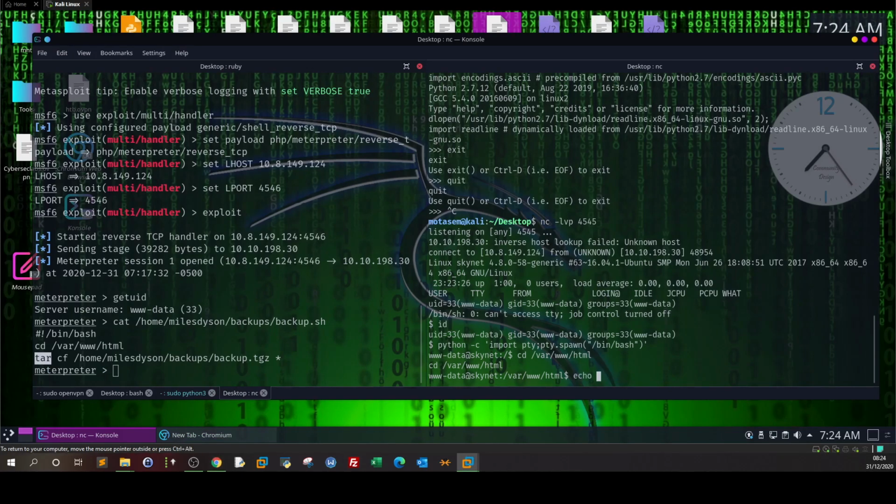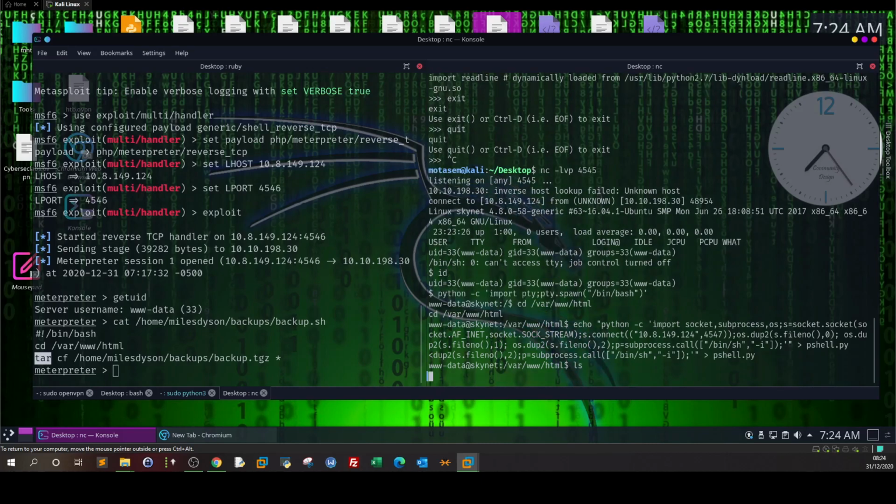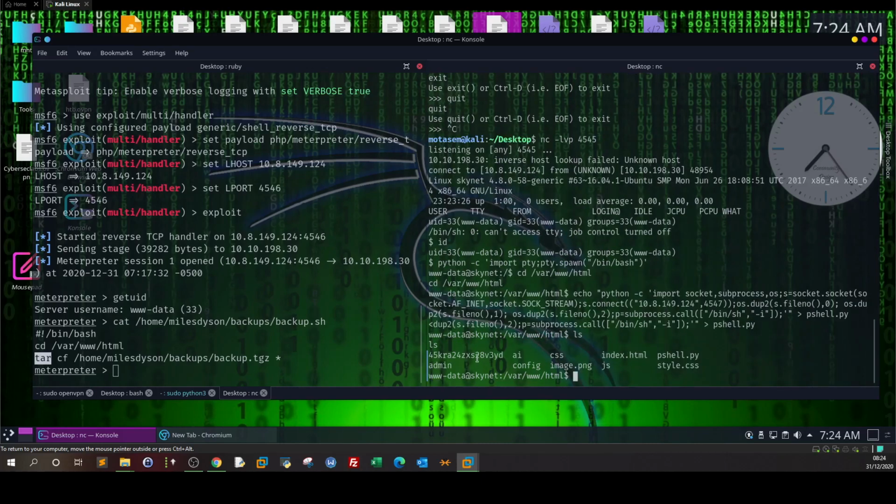So echo, and then put the output in a separate shell script, like shell.py. ls. So we have the Python shell .py here. Now what we have to do is manipulate the arguments. As I said before, tar takes two arguments sometimes, checkpoint and checkpoint action, for executing actions if it is vulnerable to wildcards. So here we type